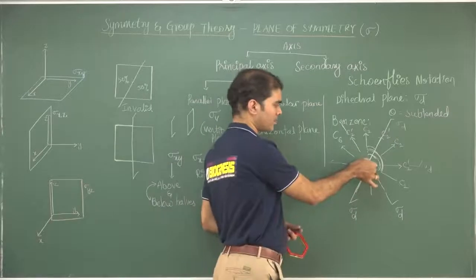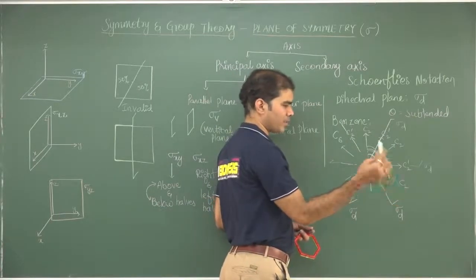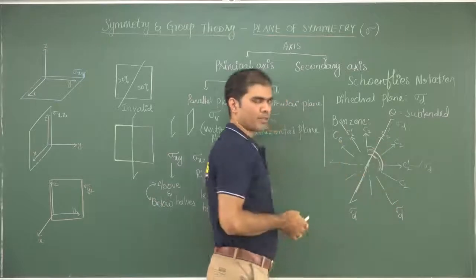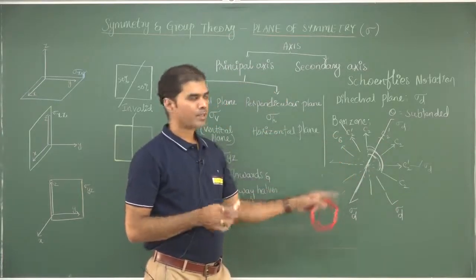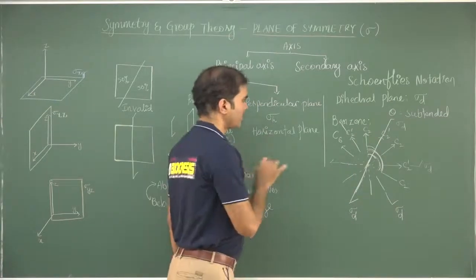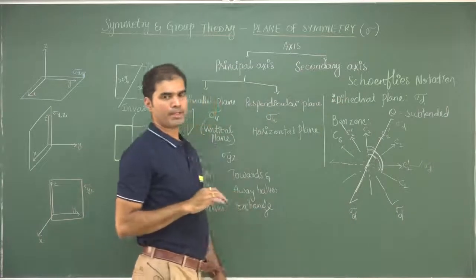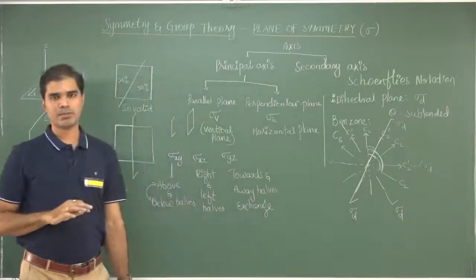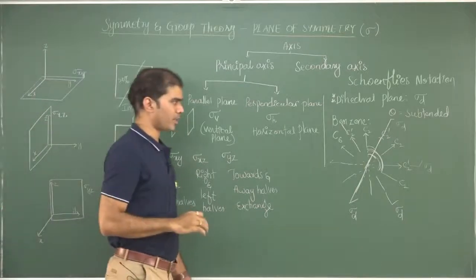But for benzene, this is the principal axis, C6, the higher fold. So all these planes are parallel to that principal axis, therefore these planes can also be called vertical planes. There is always a confusion with respect to the dihedral plane. This you need to understand. Different literature, different authors will provide different information. I am concluding all that information at a single point.